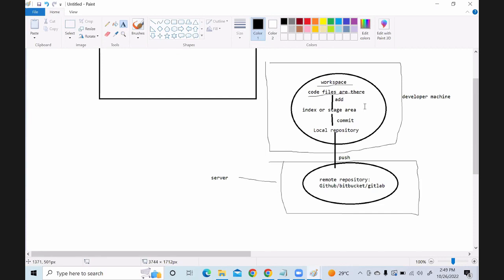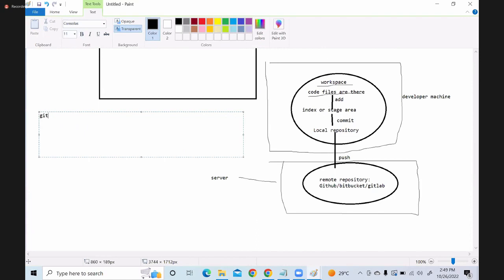To work with these operations, to add and commit, we have Git commands. To work with Git commands, we need to have Git installed in the developer machine.